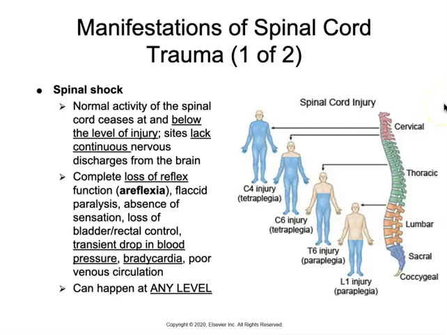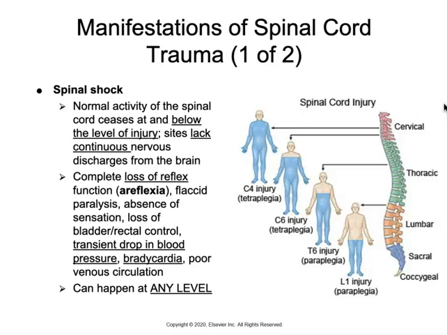And those injuries can lead to spinal cord trauma. One of those manifestations of this trauma can be spinal shock, where normal spinal cord activity completely stops at and below the site of injury. This happens because our brain signal can't get through. It's going to then have a sudden loss in reflexes, known as areflexia, and flaccid paralysis and no